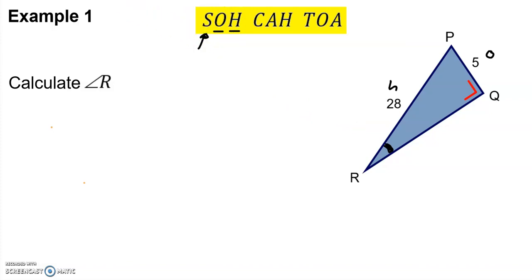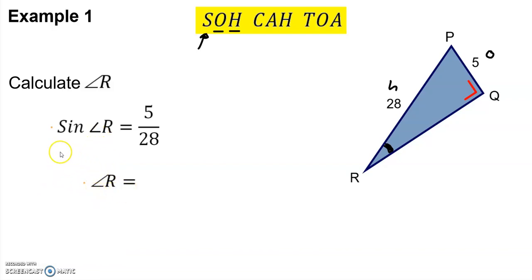So let us fill this formula in, and we start at the beginning. So I'm writing down sine of angle R, and this has to be there. First, fill in the whole formula. Then, in the second step, we are going to calculate. Sine of angle R is the opposite shorter side divided by the hypotenuse. So it will look like this, 5 divided by 28. In the next and also the last step, we are going to calculate angle R